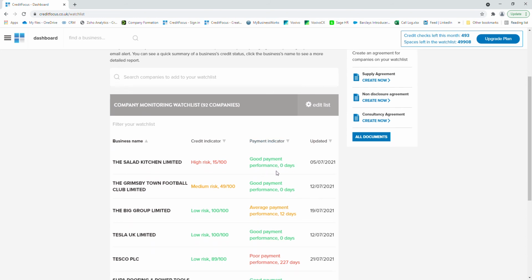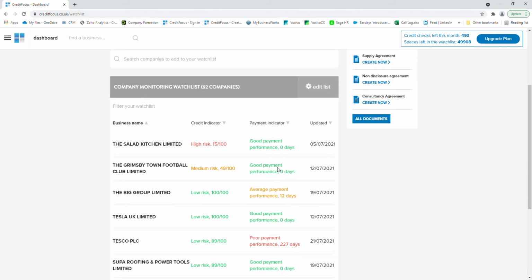What's really useful about this is if any of these companies' credit indicator or payment indicator goes up or down, I will get an email notification to let me know about that. It really empowers you to stay on top in managing any of your customers or suppliers. Should any of their credit indicator, for instance, start bottoming out, you might want to collect all invoice debt outstanding and reduce the credit limit, or even take away their credit limit entirely. This should really help mitigate the risk of late payment or unpayment of invoices, and therefore improving the cash flow